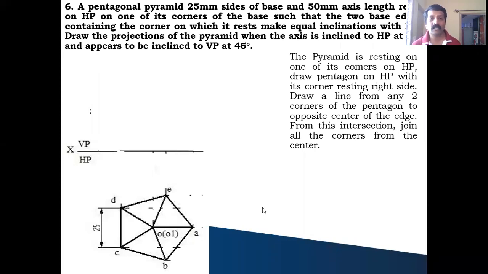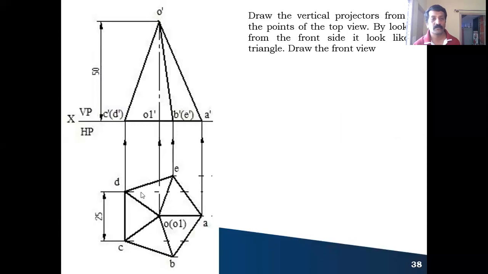When you want to draw the front view for this, draw the vertical projectors from all the 4 points like this, till they meet the XY line. Now, which is the axis line? So this is the axis line. Extend this axis line vertically, and then the axis height, how much has he given? 50 millimeter. So you take 50 millimeter on the axis line and call this the apex point or the vertex point O dash.